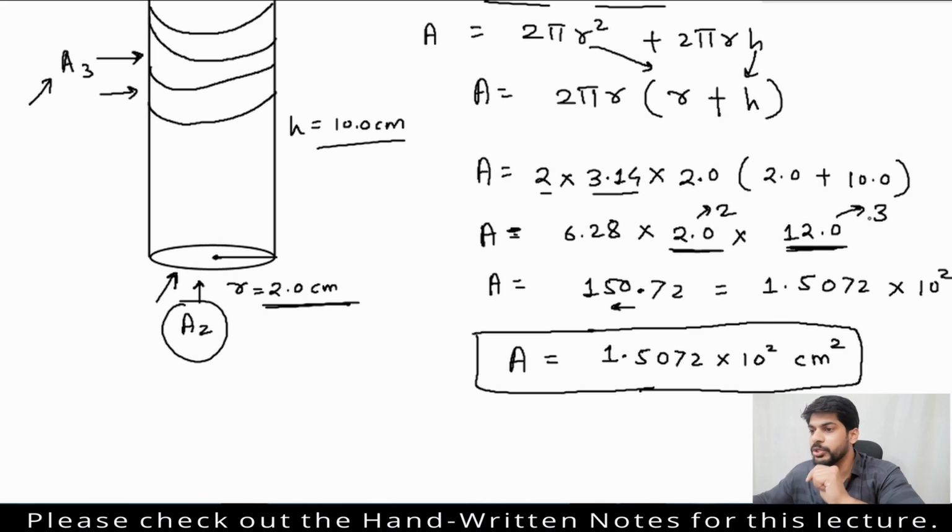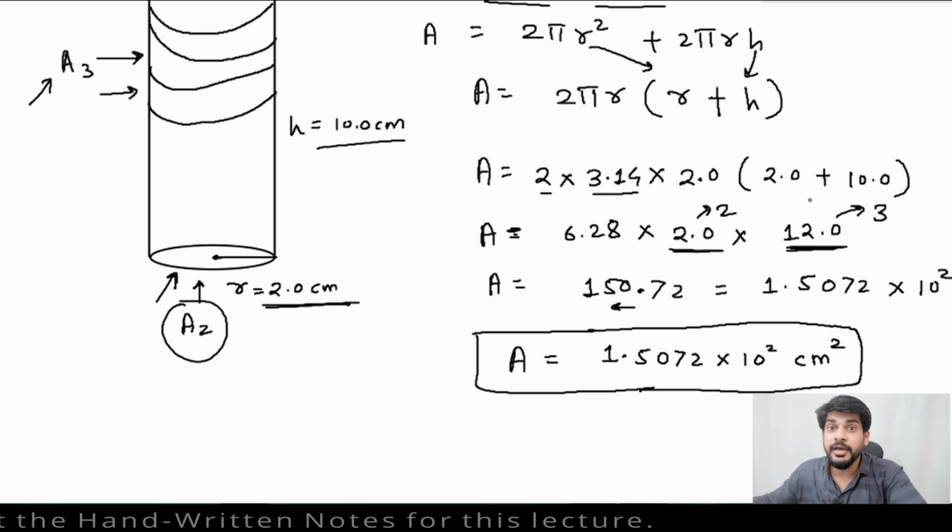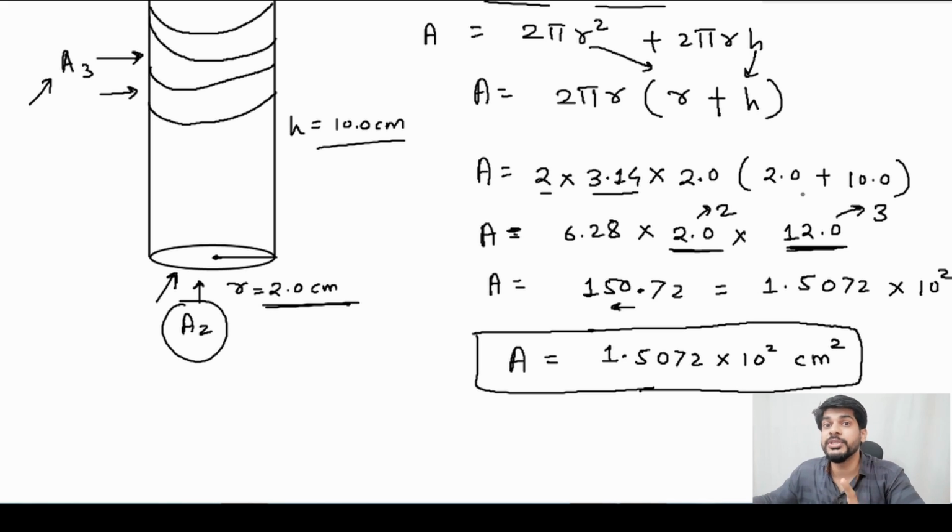When we multiply two numbers with different number of significant figures, then the result of the operation must retain as many significant figures as there are in the number with least number of significant figures. So here you can see this is the number with least number of significant figures, and how many? Only 2. So answer must also retain only 2 significant figures. Okay, so let's do this. Here also we will round this number to only 2 significant figures.